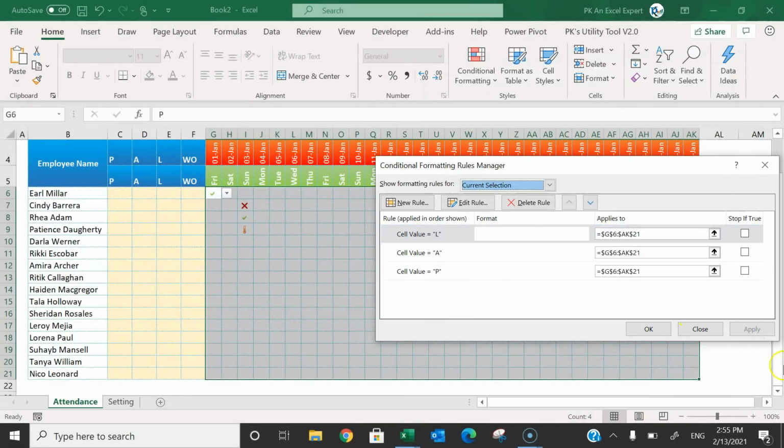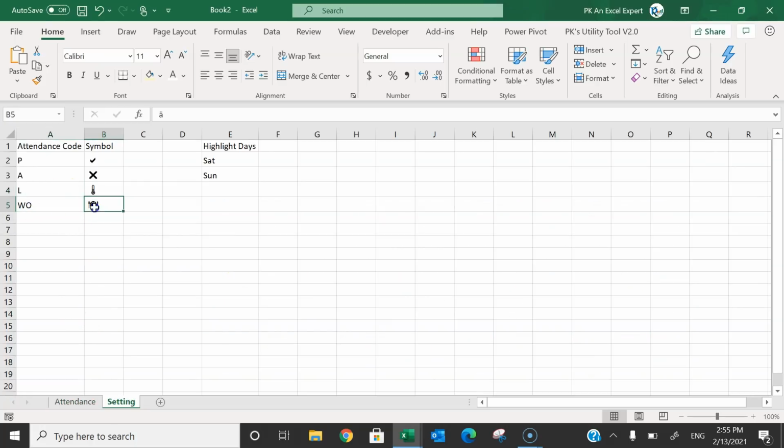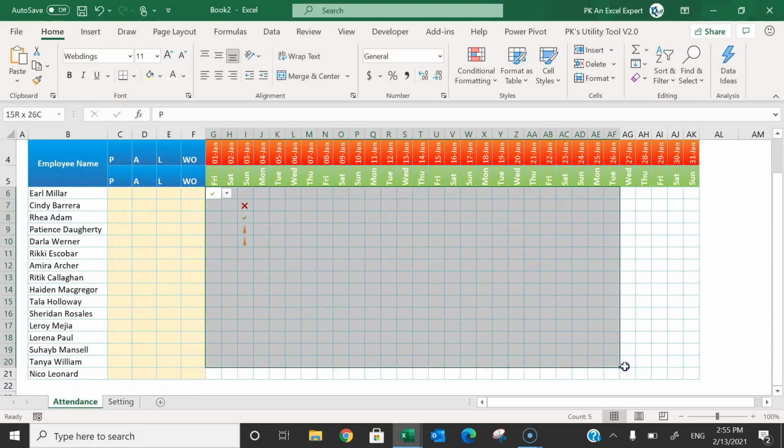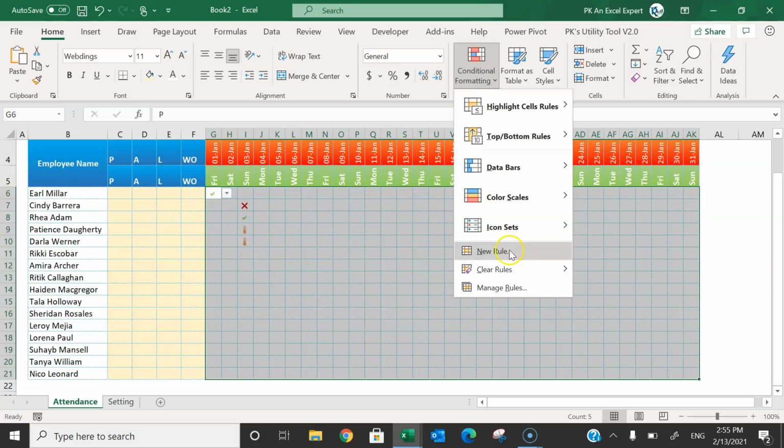So here you can see it is now showing this thermometer sign for leave. If I put L, it will automatically display this one. Now the last one is for week off. So let's copy this text also from here. Go to the attendance sheet, select the range. Quickly we will put the same conditional formatting. New Rule.